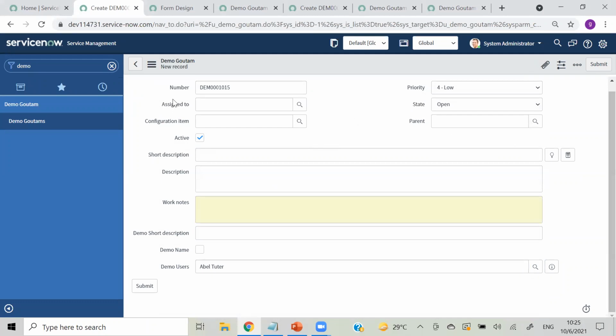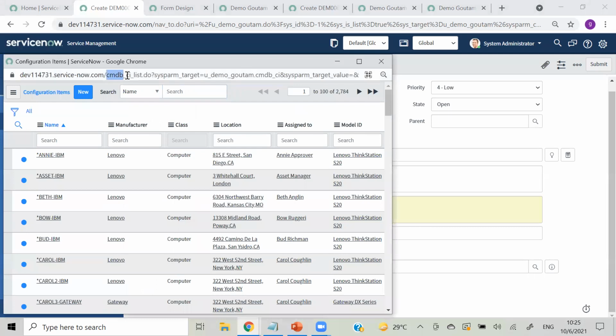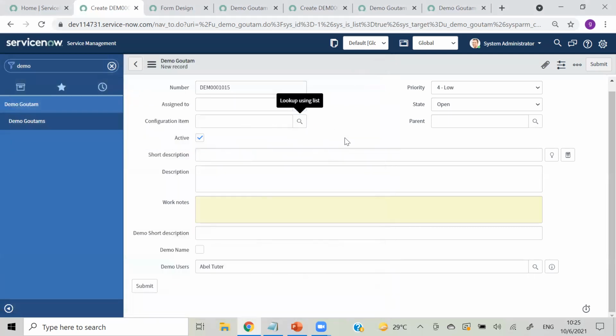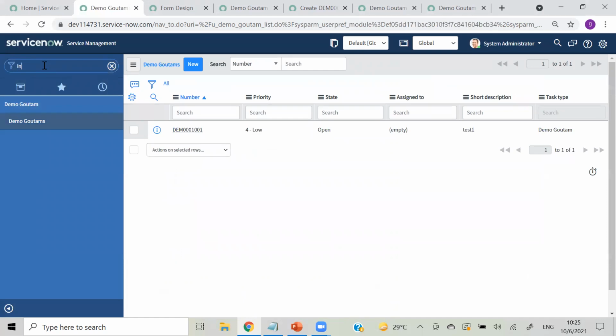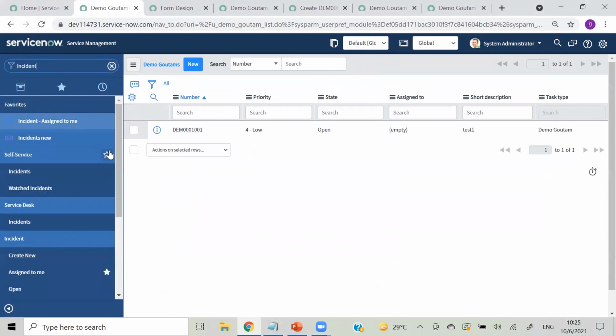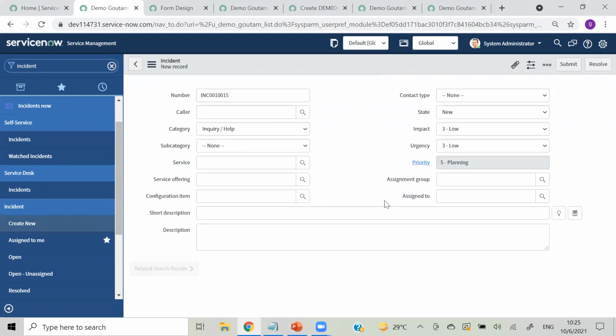Yes, sir. So here also, assigned to is a reference of the user table, and this configuration item is also a reference of the CMDB CI table. And one more thing in ServiceNow, you can observe. Let me show from incident. I'm going to incident, and then I am clicking on create new.